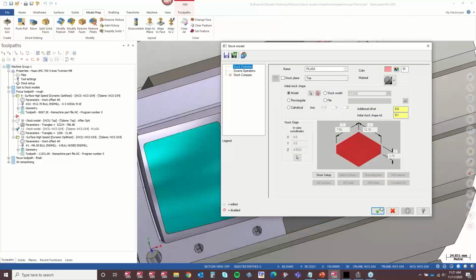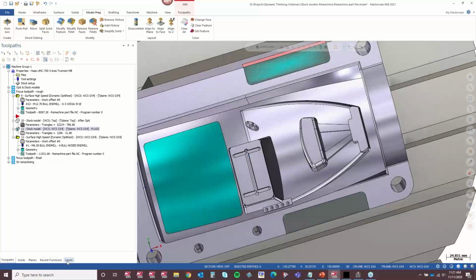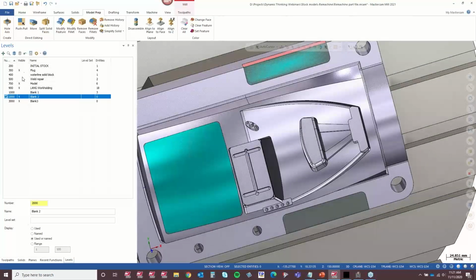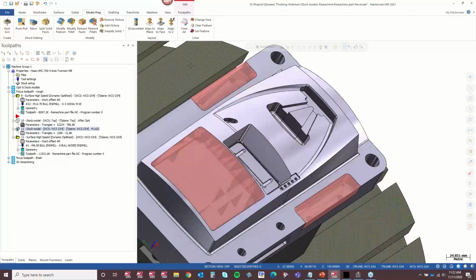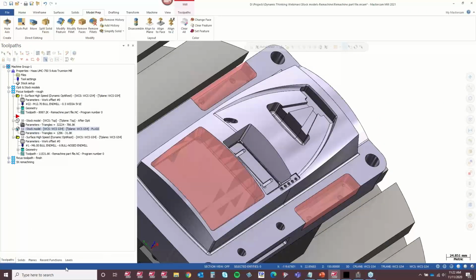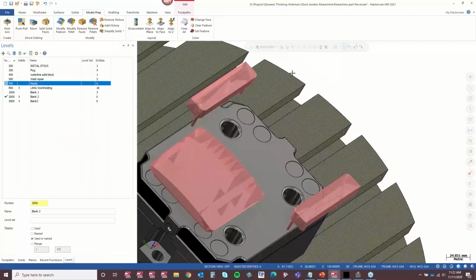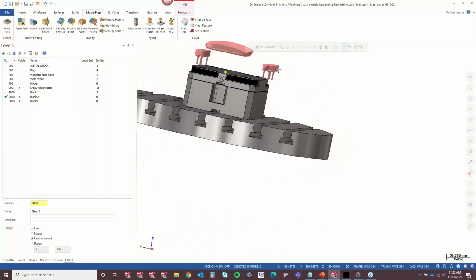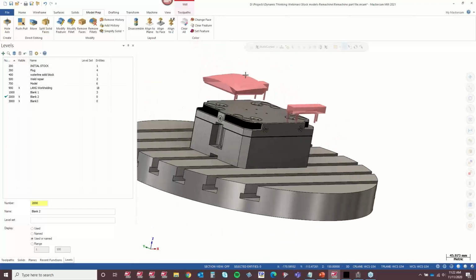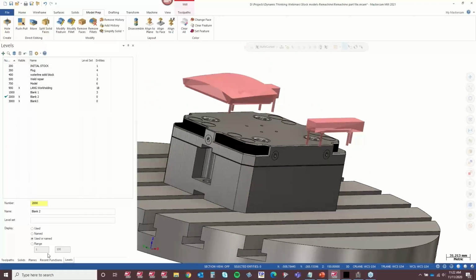Now when I select those 3 solid plugs, let's shut off these plugs here. My stock model is going to look like this, right? There's just 3 chunks of stock there. Let me shut off that model to be clear. Those are the 3 plugs that the toolpath can now see as stock.